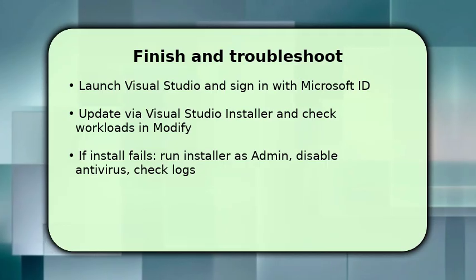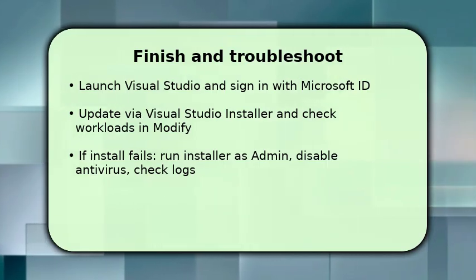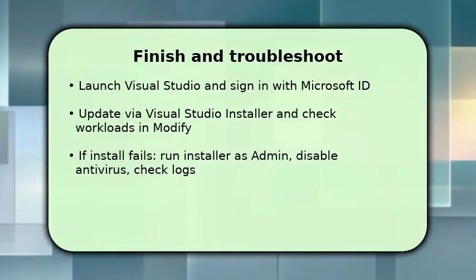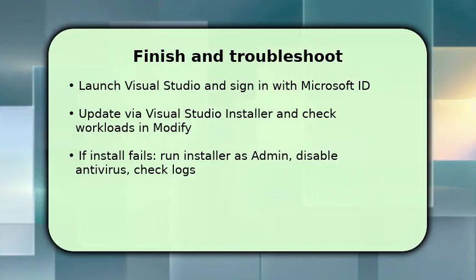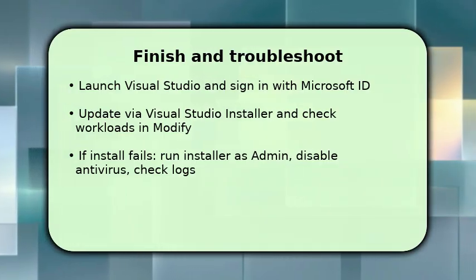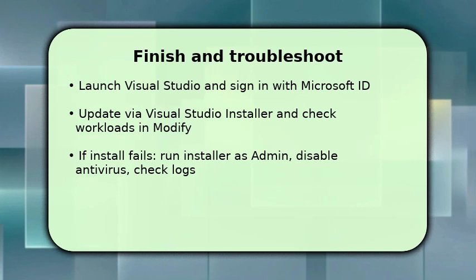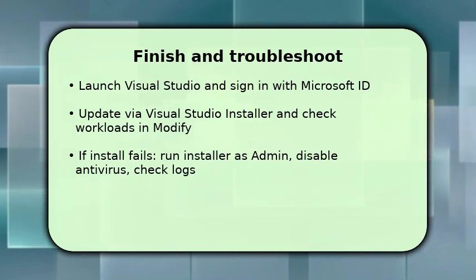If something goes wrong, first run the installer again as administrator, temporarily disable antivirus or firewall, and use the installer's repair option. Finally, check the installer logs in %ProgramData%\Microsoft\VisualStudio\setup for error codes. These point to missing